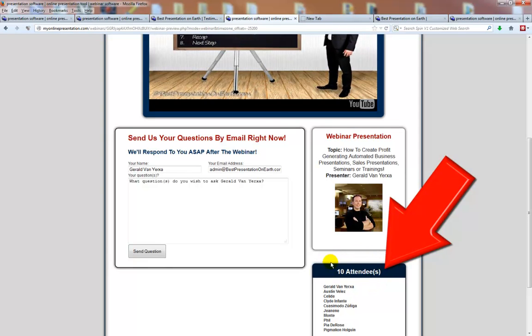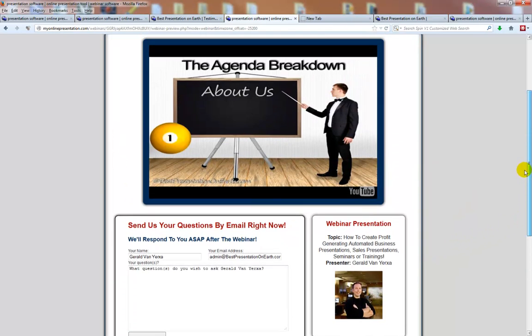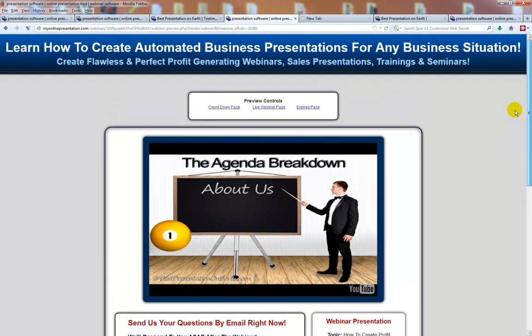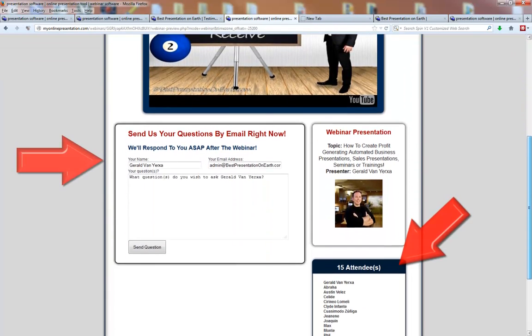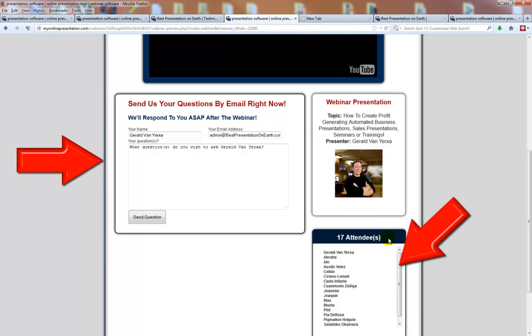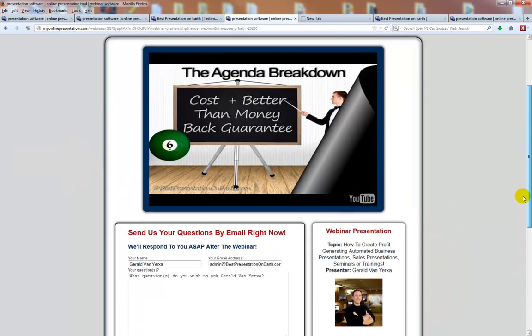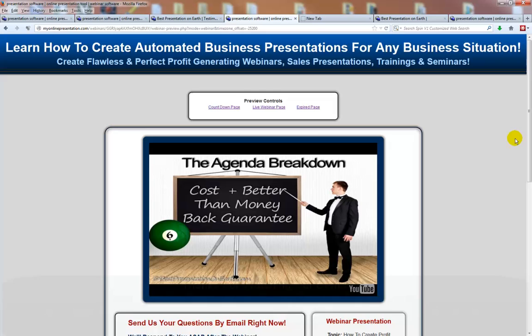Here's an agenda of what we're going to talk about. This is how long the presentation is today. You can see that on the screen. And these are the topics that we're going to cover. So the first thing that we're going to cover is about us, and we'll make that short and concise. Then we'll cover the benefits and the value that you'll receive with the best presentation on earth technology. Up next, we'll discuss what you can expect for your business. Then we'll give you a comprehensive description of our product and our service. From there, we'll show you how to make this technology and tool work for you. Then we'll go into the pricing and the cost. We'll also show you